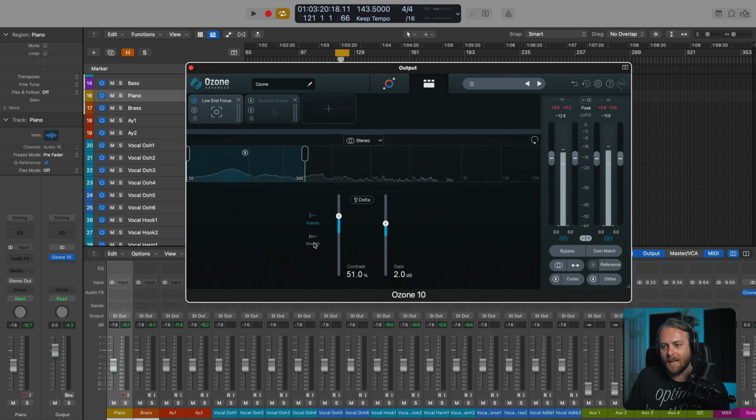If we want to do the opposite now, we want to enhance the sustain information. I'm going to switch to Smooth. I'll keep the gain here and just bring the contrast up until I'm happy with what I'm hearing.